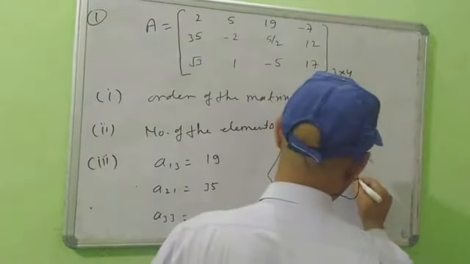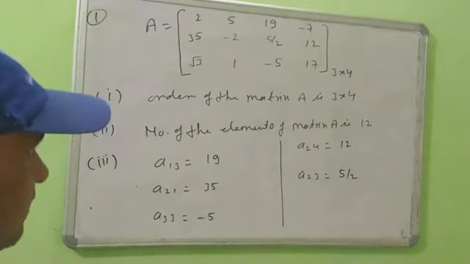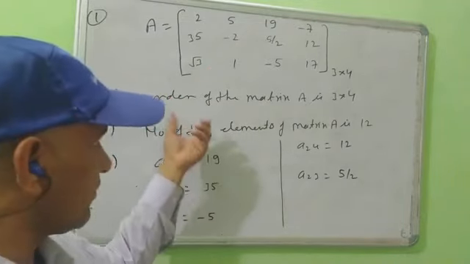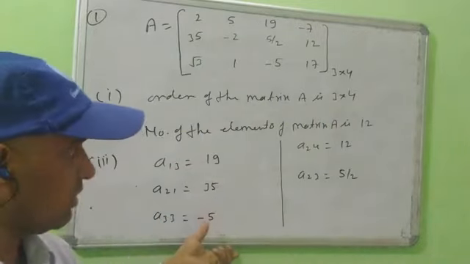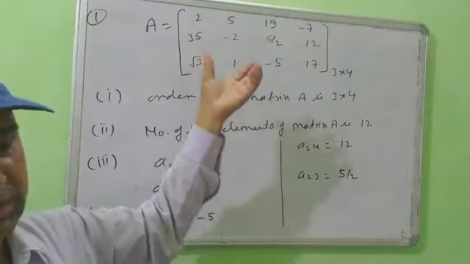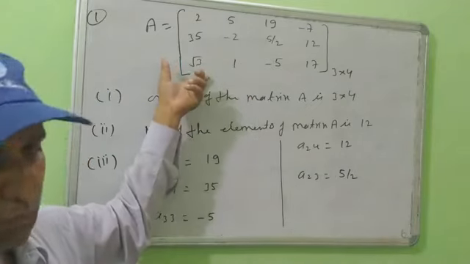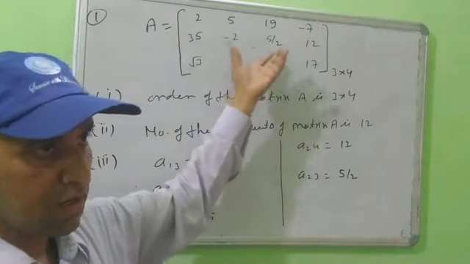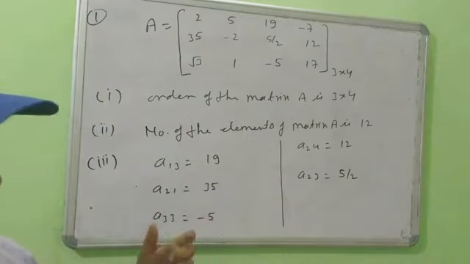According to this way, you will be able to give the answer to any question. Suppose a matrix is given, or suppose some questions are given here, such as write how many elements there are, write the particular elements, what is the order of the given matrix, what is the possible order of this matrix. If this type of question comes in the exam, you will give the answer from the given matrix. First of all, you will study the matrix, what is the order, and which elements you will give as the answer. Yes, note this down and we will discuss the next point.